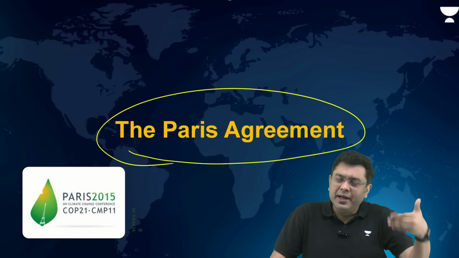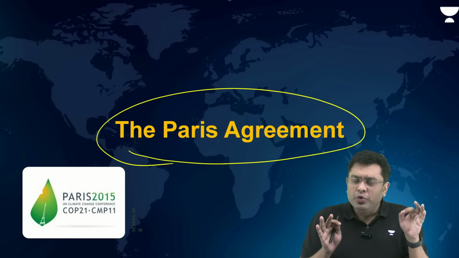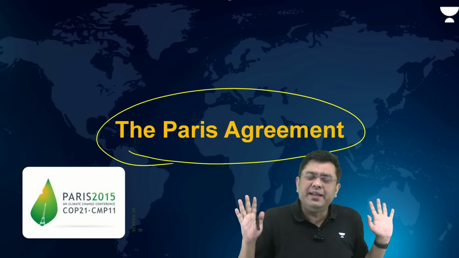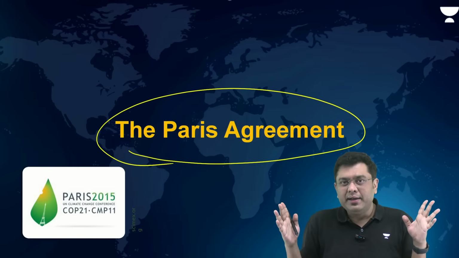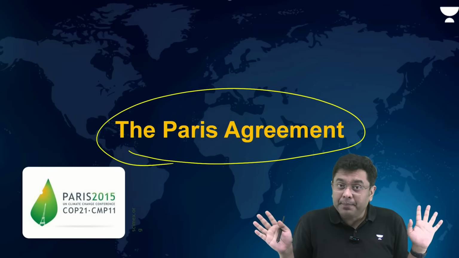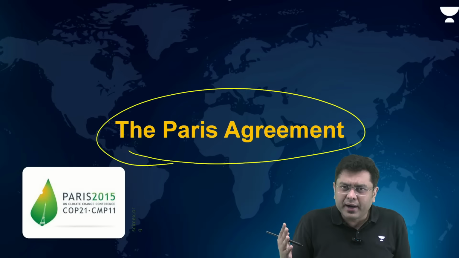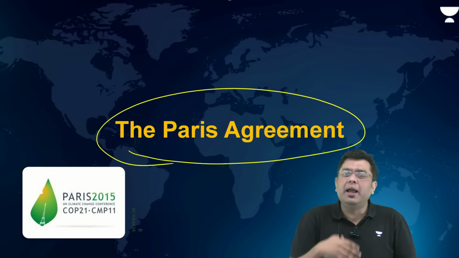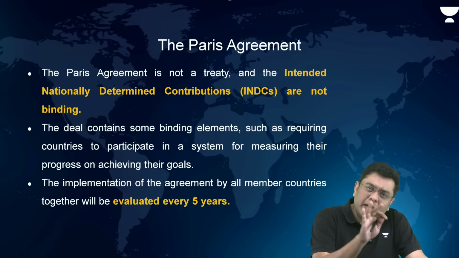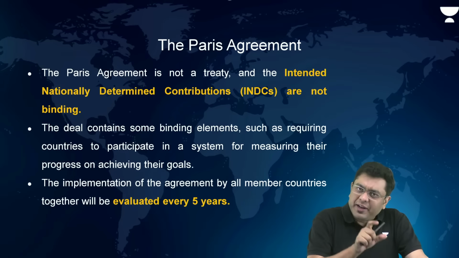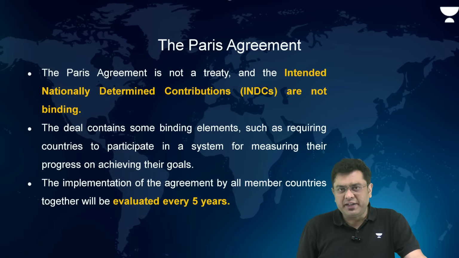Now, in return, the changes which were done was what? For example, I tell you that in 1 month, you give me the target of what you will be able to finish, and I will hold you accountable to that. In that case, you have no escape. You have no escape that no, the target was too harsh. You yourself had set the target. So the countries were allowed to set their own target, provided there would be a global stock take after every 5 years, whereby it would be examined whether you have achieved the target or not.